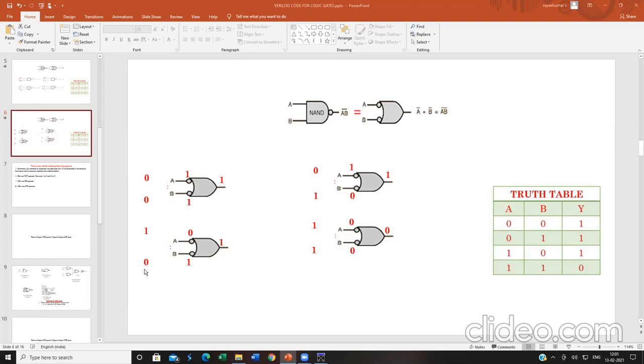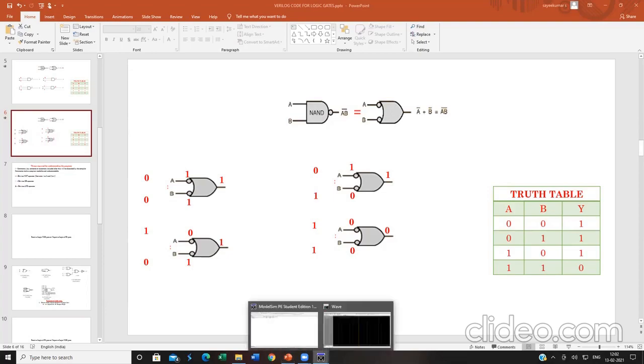So two theorems has been practically realized over here. One is commutative property. Commutative means changing the order of the variables will not be changing the output. Second one is De Morgan's theorem. De Morgan's theorem states if I am going to take a complement of an expression, if the expression is having any uncomplemented variables, they will get converted into complemented variables. If the expression is having any AND gate, that will get converted into OR gate. If the expression is having any OR operation, that will get converted into AND operation. If the expression is having any complemented variables, they will get converted into uncomplemented variables. So this is the overall concept over here.